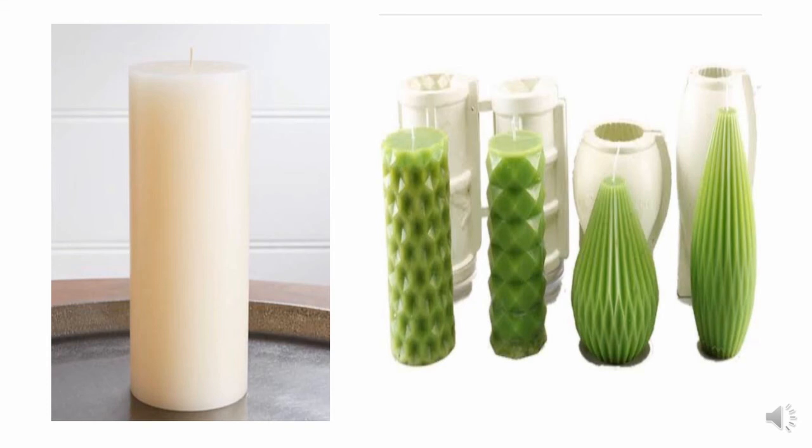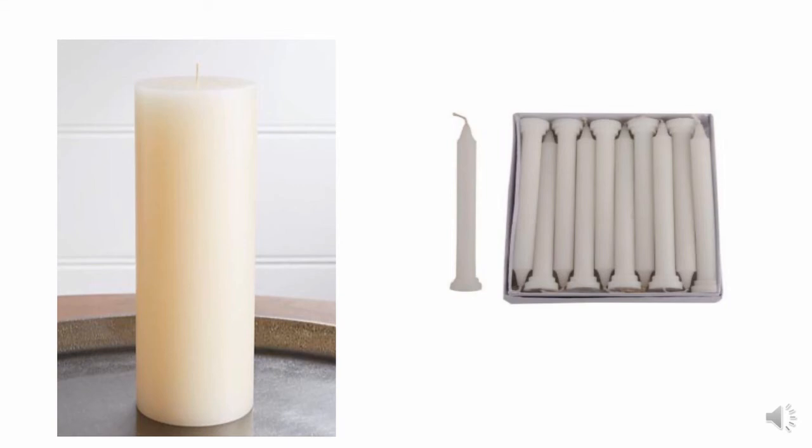If you want to get a candle of any special shape, you have to heat the wax in a metal container till it becomes completely liquid. Then you pour it into another container which has the special shape you want. For example, take the shape of a solid cylinder. Suppose I want to convert it into small cylinders. See how many cylinders are made from this big cylinder. So the full wax is converted into small cylinders.